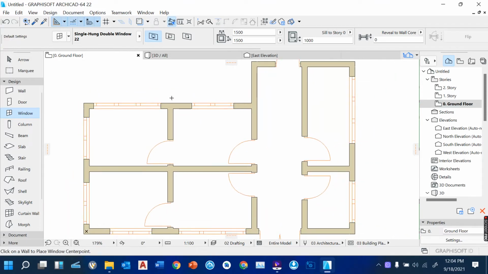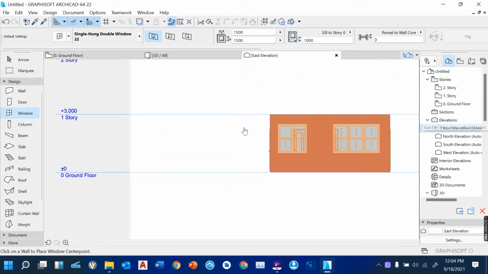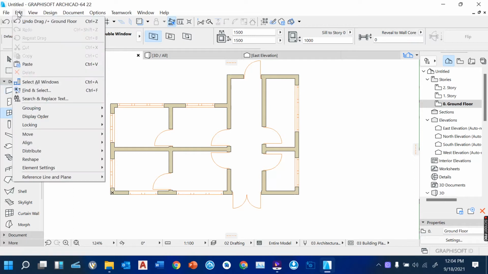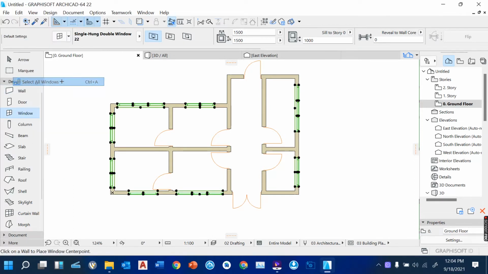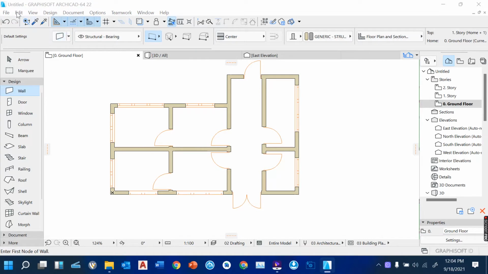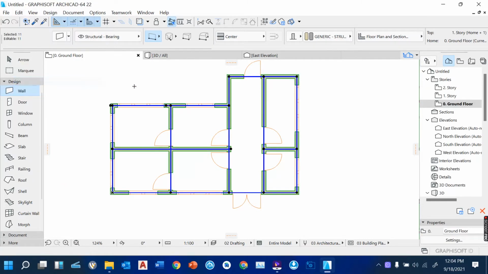So I want to reduce the height of the walls. Remember, when you come to the elevation, you'll see the height is 3 meters. And I want to show you how you can reduce the height of your walls. So I pick my wall tool and then click edit, then select all the walls. All the walls will be highlighted. So in the settings dialog box, when you click on the wall,